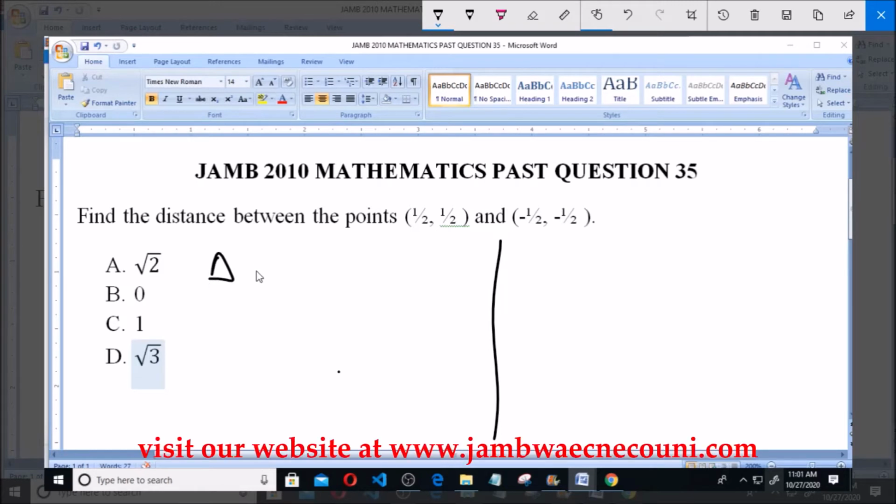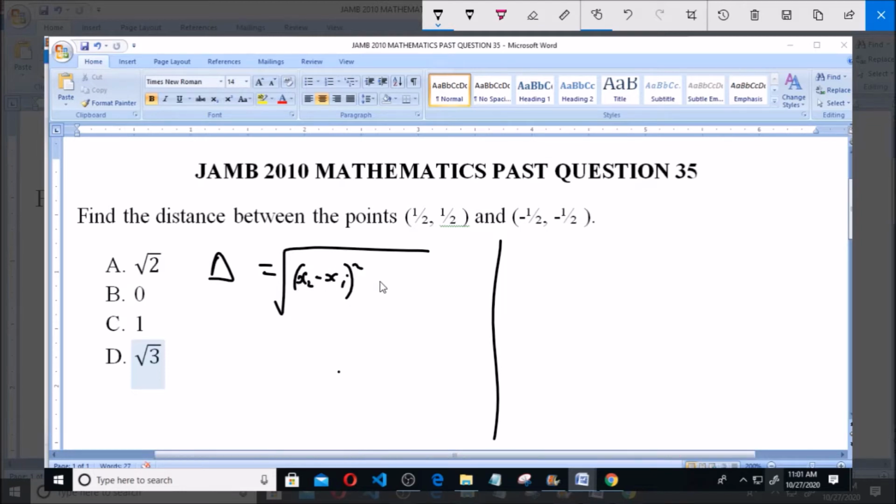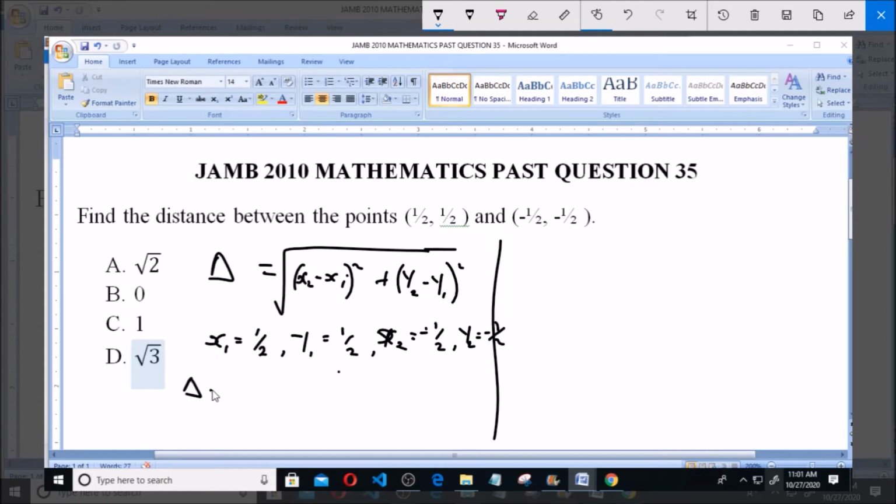between these given points, D, is given as the square root of (x2 minus x1) squared plus (y2 minus y1) squared. Now from the information given above, x1 is equal to 1/2, y1 is equal to 1/2, x2 is equal to minus 1/2, and y2 is equal to minus 1/2. Now our D, the distance between these points, will be equal to the square root of